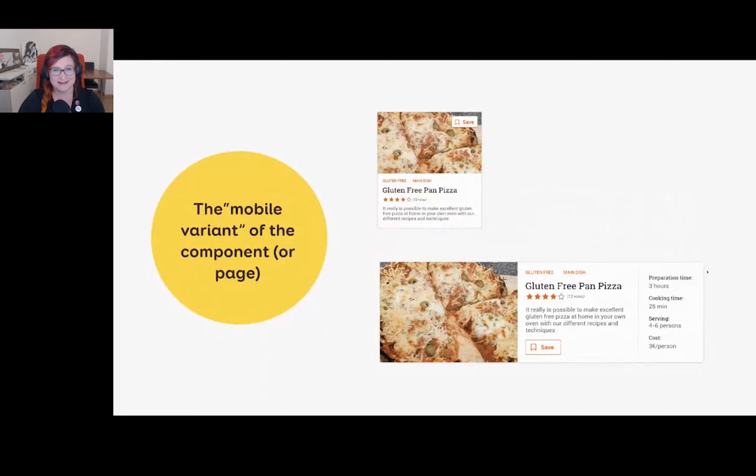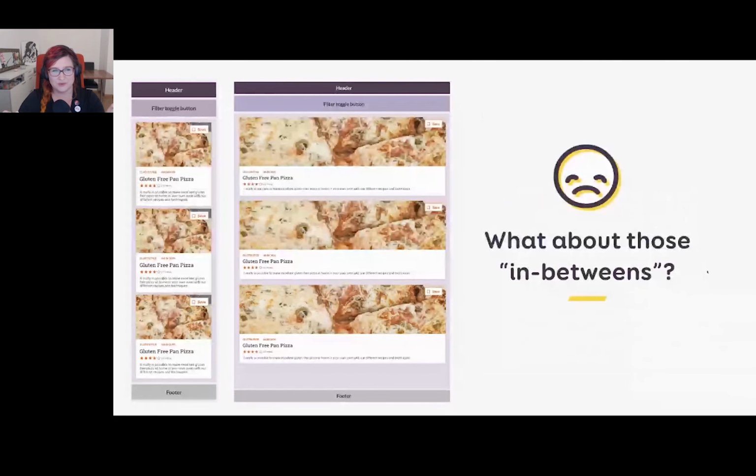And then usually you end up with something like, oh crap, it's stretched. It's not completely horrible because this is a pizza picture. Imagine those were people, with the stretching of the image. We might have cut quite a few heads, which is not a good thing on a news website or something. So maybe I need to think about those in-betweens. I end up having more and more versions of the same component.